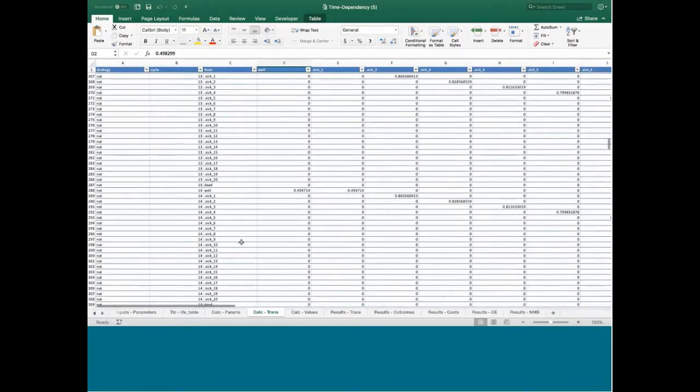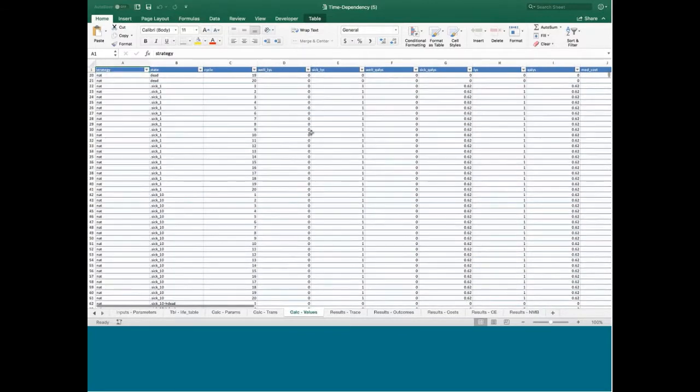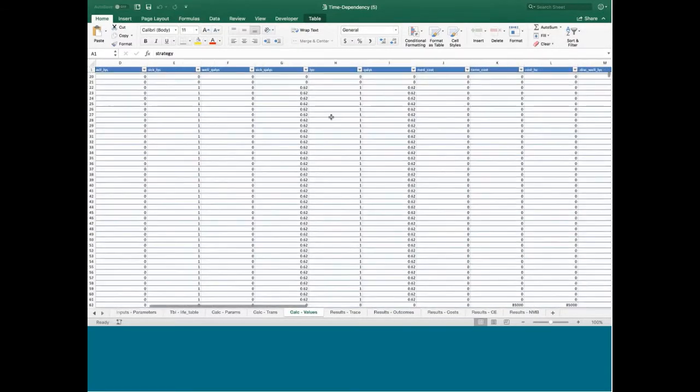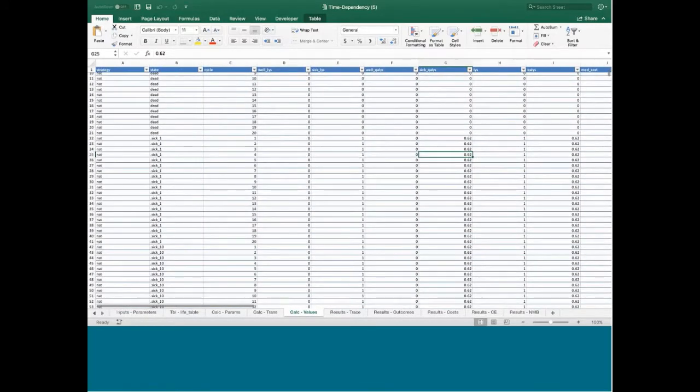And similarly, we can do this for the calculations of the values over time. So this is going to show, for example, the number of sick quality-adjusted life years that get accumulated in each state over time. You can really peek under the hood and see exactly what's going on by doing this. It's a complete dump of everything that R calculates.